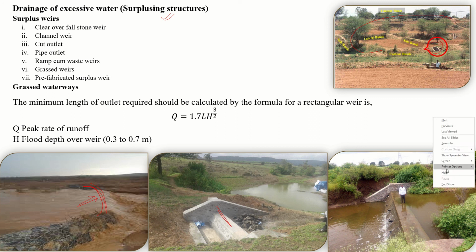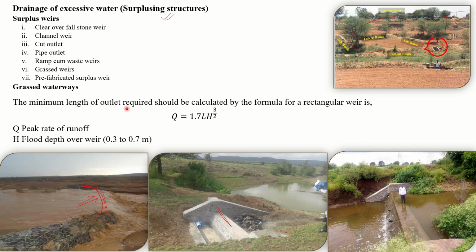Okay, now this is a small surplus weir, and another weir is here. These two types of weir have been constructed to remove the excess water in a safe manner. Now the excess water may flow over this weir. This is nothing but your simple rectangular type weir. So this is the excess water flowing through our weir. These are different types that have been classified here. Mostly what we use depends upon the rainfall you received from your particular watershed or area. These are the two types: one is the surplus weir, another is grassed waterways. Grassed waterways we will discuss in later classes.